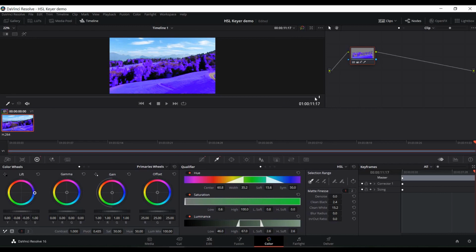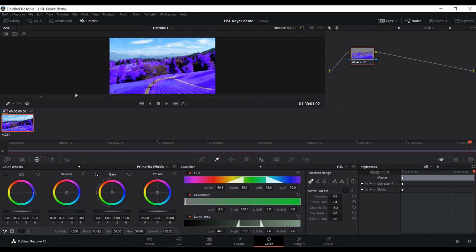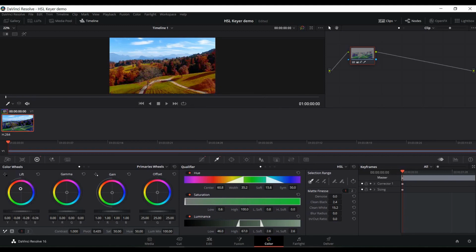So, like we said, we're going to change the color now. Let's make it look like it's all orange, like an orange August. Okay, let's change the lift, which is the dark, which is like the black. Let's make this